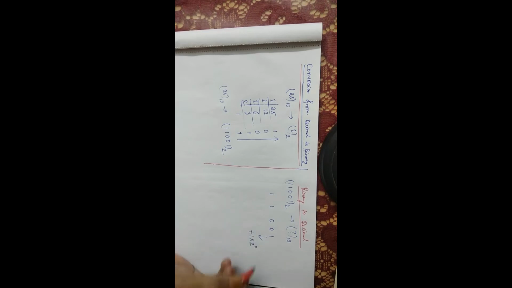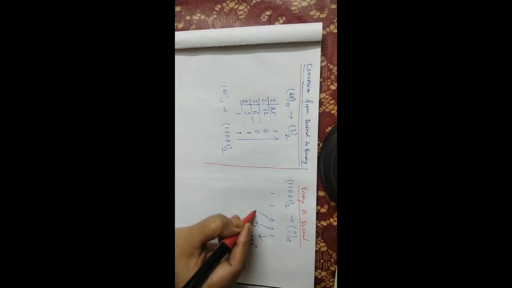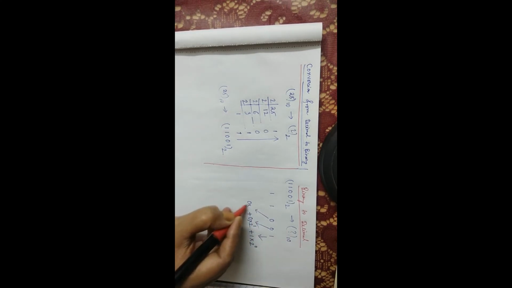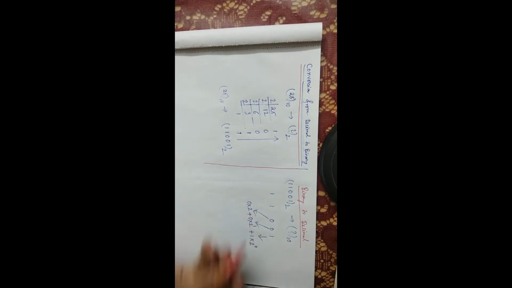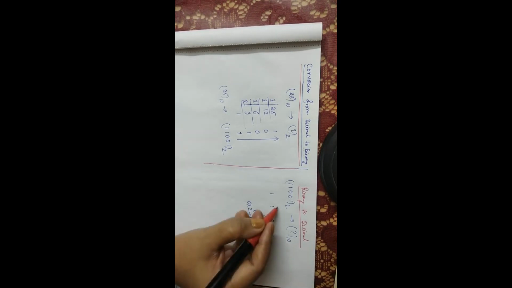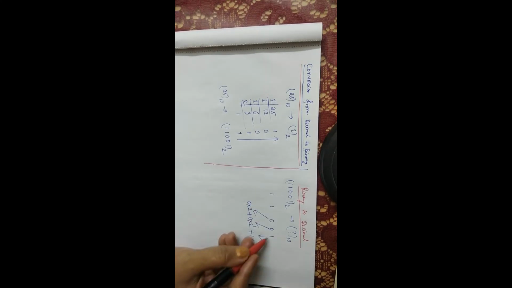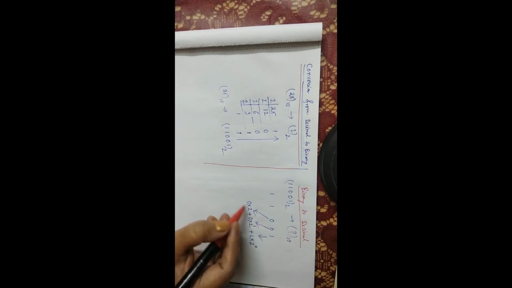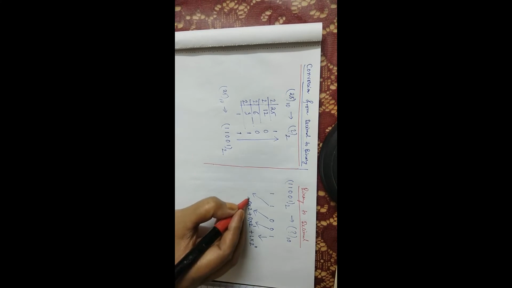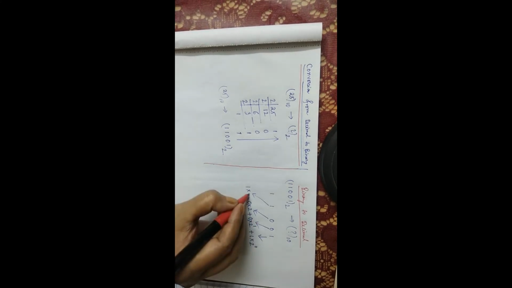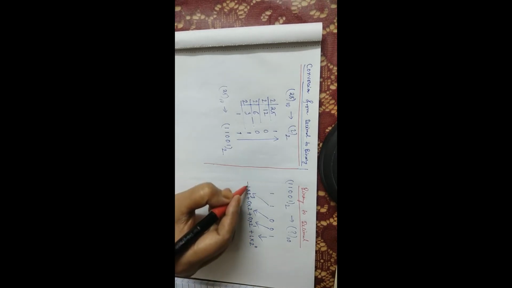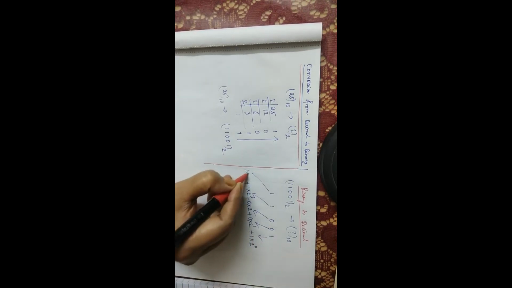Then we will add 0 into 2 to the power, second position it will be 1. Okay. Then you have to add it 0 into the third position, that means 2. The positions we will get 0, 1, 2, 3, 4 like that. So here to the power 0 into that particular value, to the power 1, then the particular value, 2 square, then particular value. Then for 1 we will get 1 into 2 cube plus for this value 1 into 2